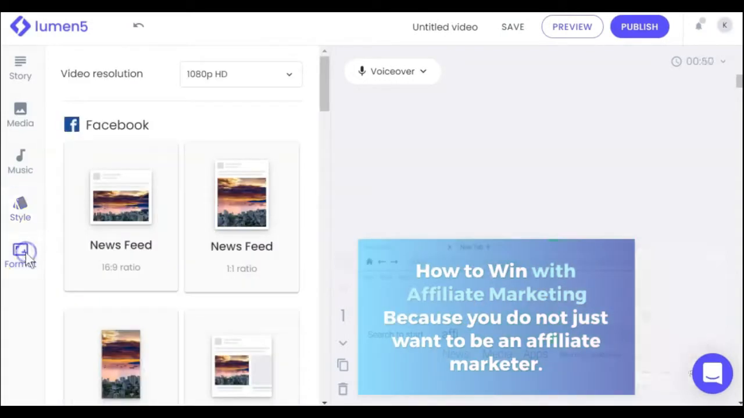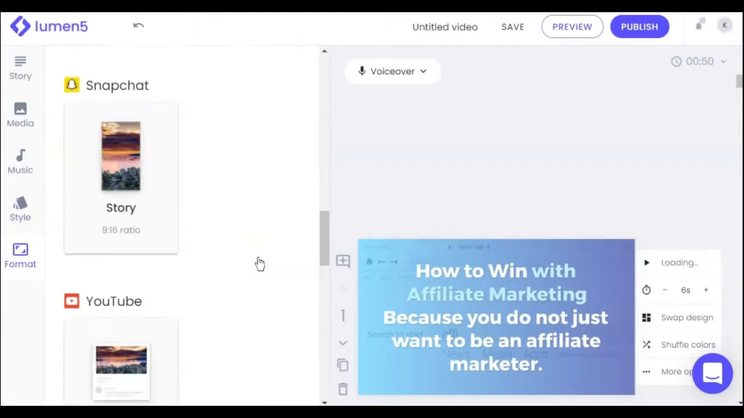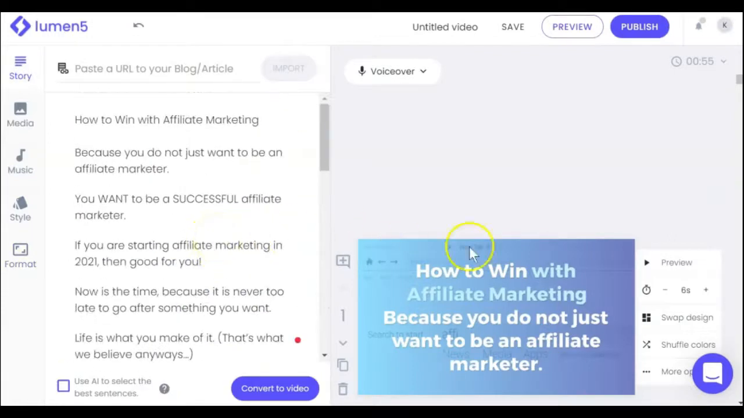And the last button on the left is your format. At the top, you can see the video resolution is at 1080p HD. This is an option available in the upgrade. For the free plan, it will only be 780p. If at any point you wanted to change this to a vertical or to a square, you could do that here as well. I'm going to click Story and bring our script back up so it's on the left, because